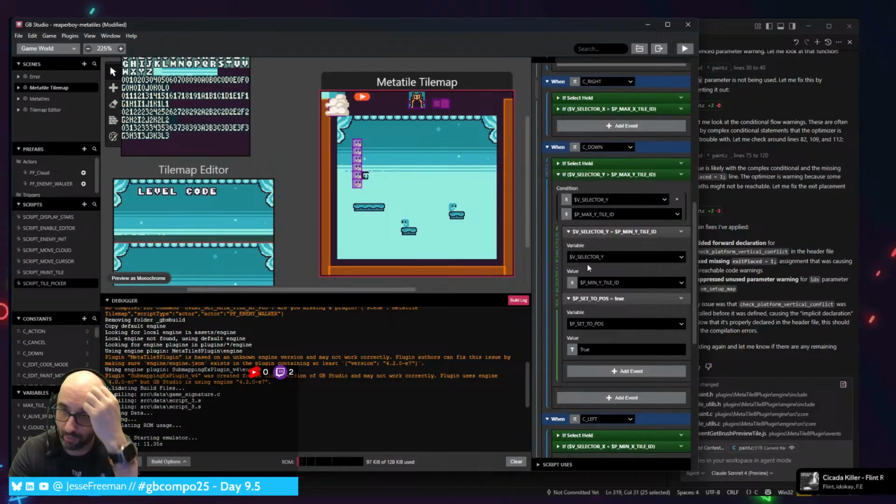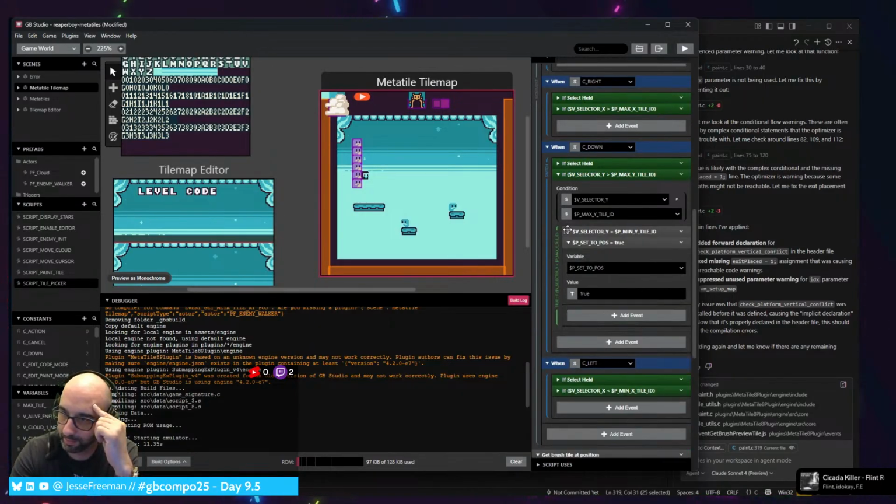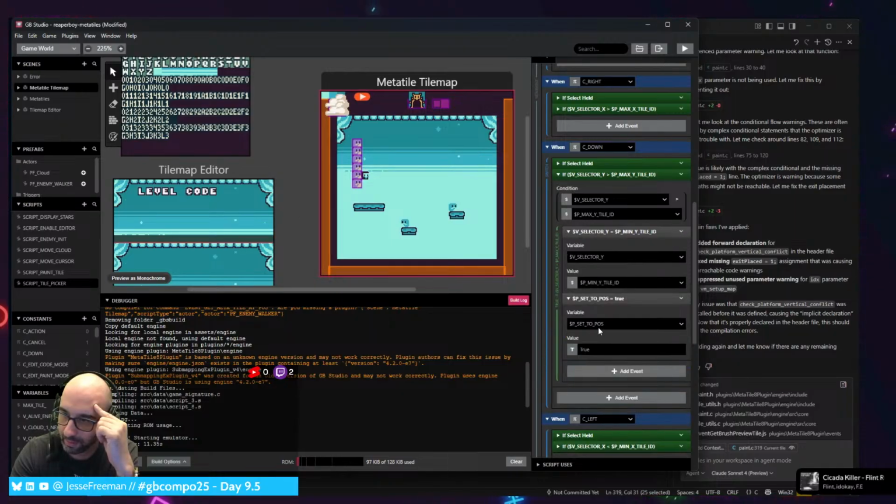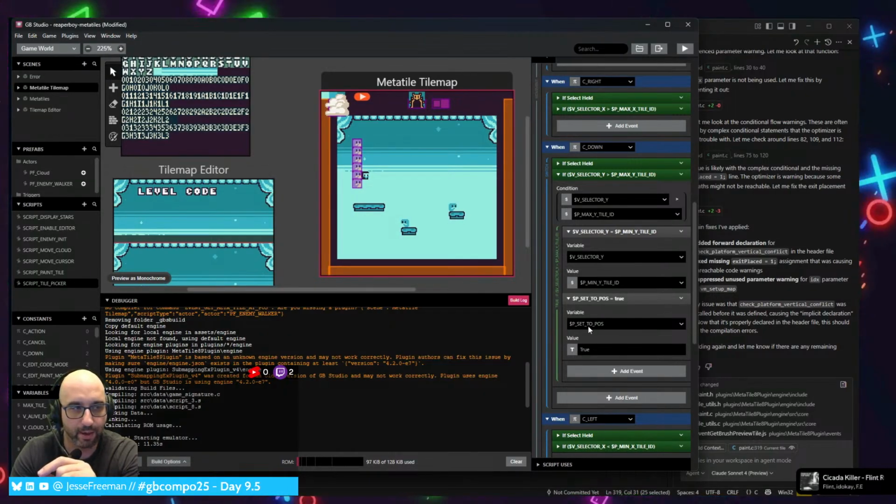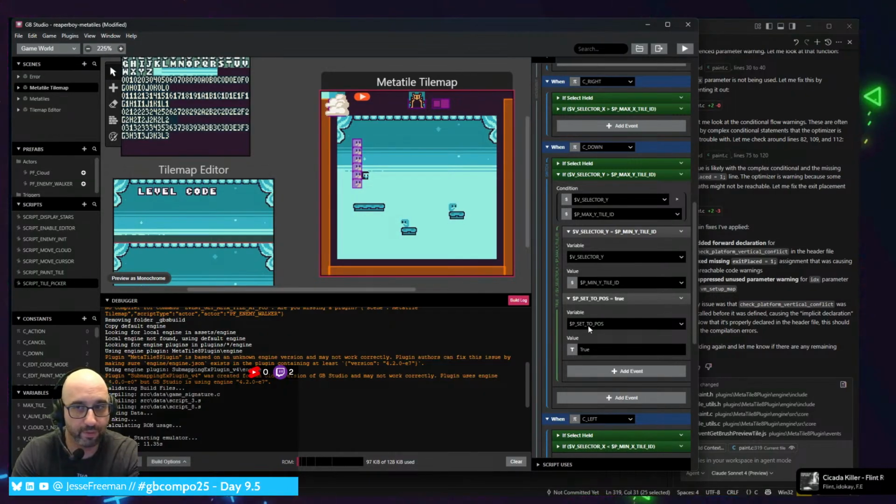I need to figure out what I'm doing here. Set the position true. Oh, right. Okay, I remember. The set the position is the difference between making the cursor move or making it